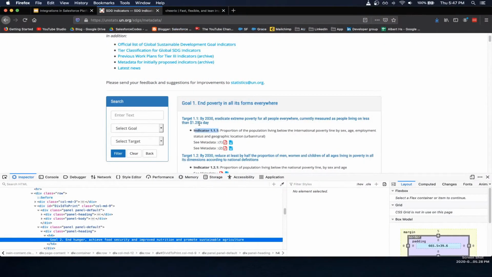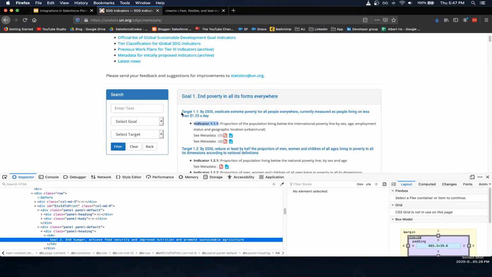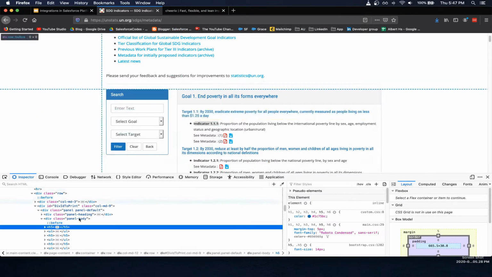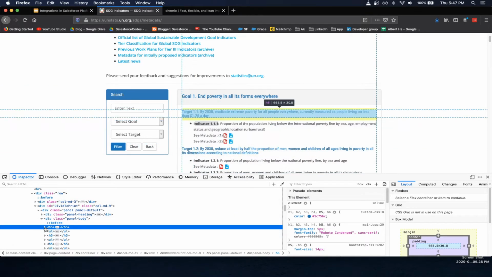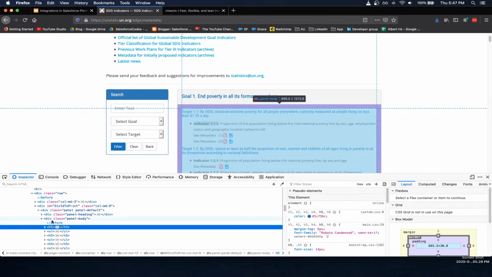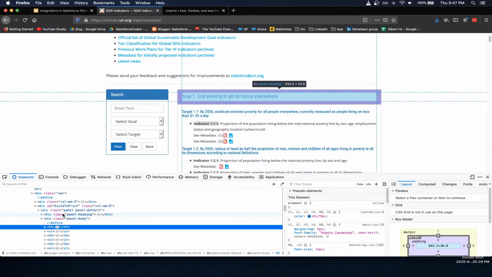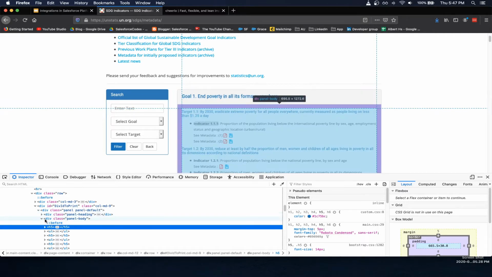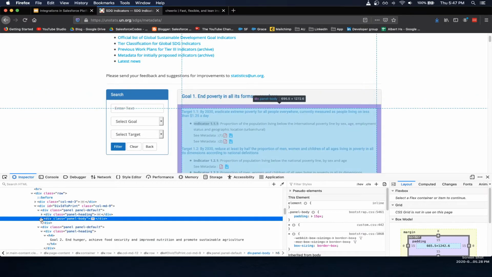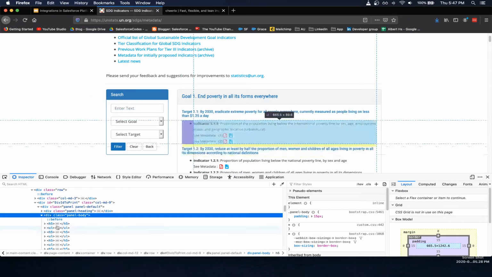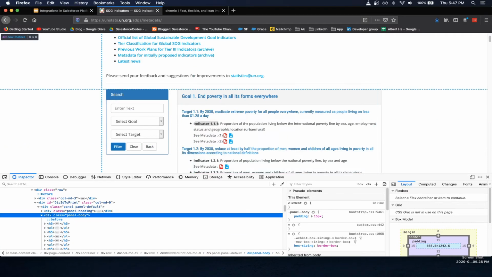If I come here, in our case, these are the targets. If I inspect this element, I can see that these are under an H5 next to the panel heading. So basically we need to go to the next element from the panel heading, which is the panel body, and then we need to find all the H5s under it. So in order to do that, what we can do is